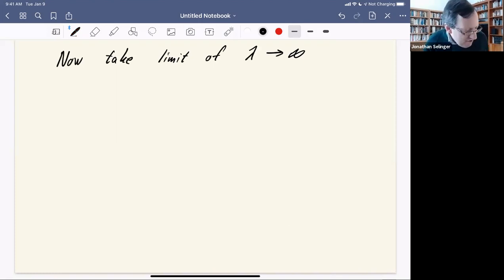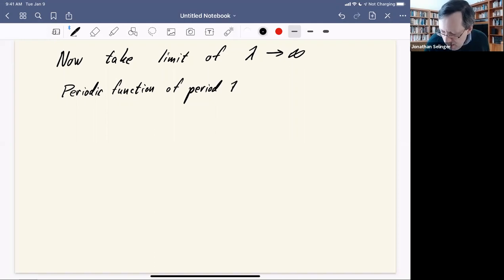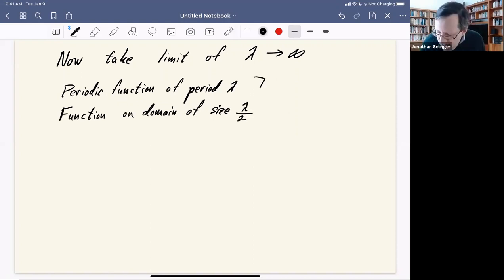That means, you remember, I started with a periodic function of period lambda, or any old function on a domain of size lambda over 2, right? But in either case, if I take lambda goes to infinity, I get a